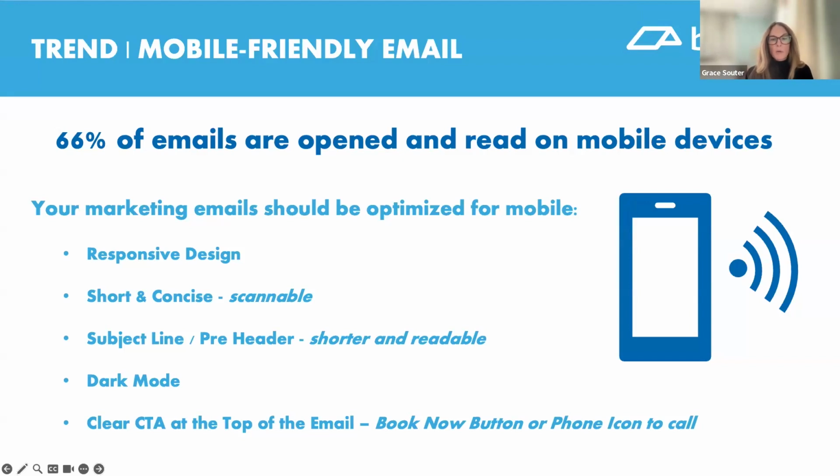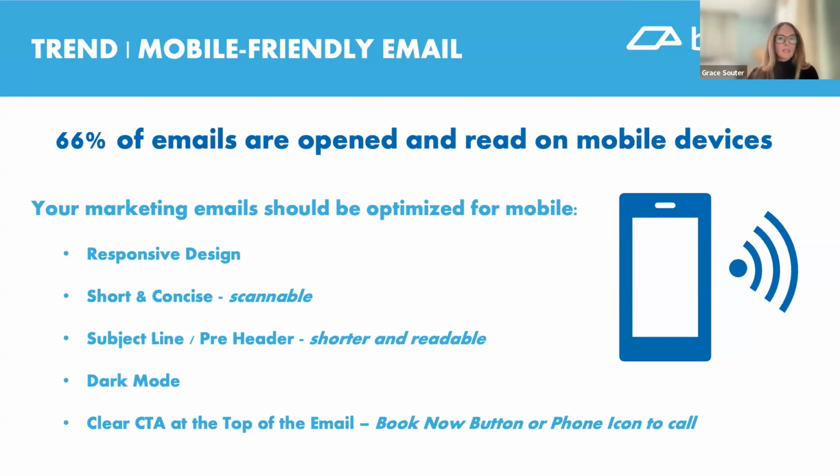And then dark mode. This is kind of new, something you might just be starting to come across. I actually sent Robyn an email that I got a couple weeks ago in dark mode. What looked like it was a great email with a lot of great statistics and graphics, but I couldn't read it because there wasn't enough contrast between the background and the text. And it was obvious that it hadn't been optimized for dark mode. So it was a huge disappointment. So don't be that person. Generally with dark mode, just avoid super black backgrounds. Use as much contrast as you possibly can. And we already talked about the CTA above the fold there.